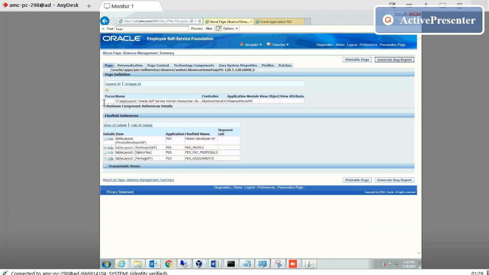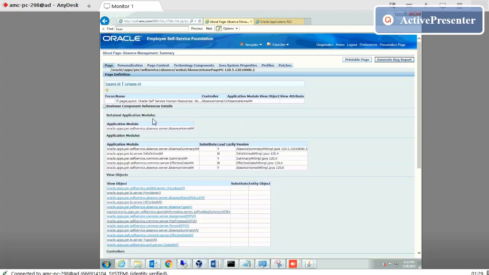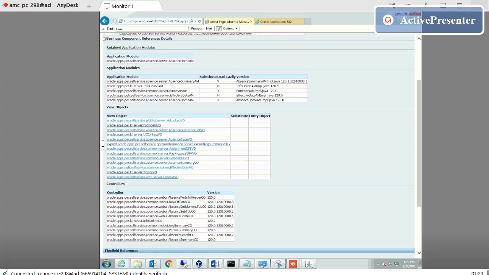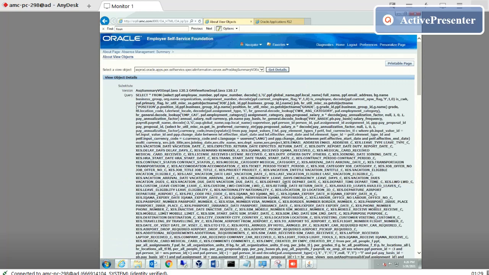in the business component. Here we make one view object. It is an extendable object, extended from the standard view object. If you click here, you will see all the fields.